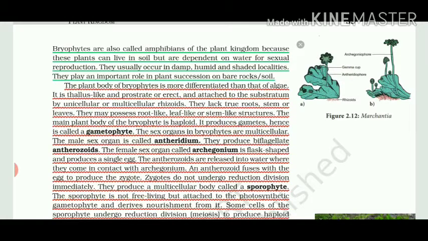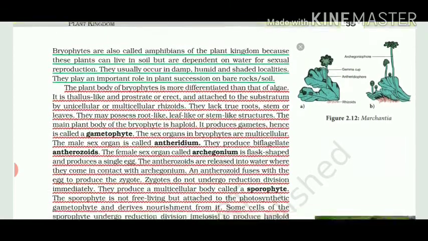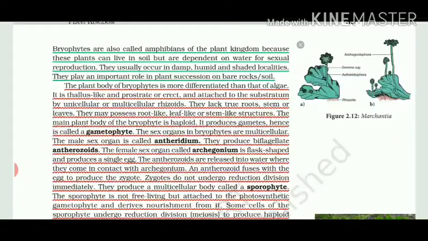As in the previous lecture also, I have told you about different cell divisions, mitosis and meiosis. Haploid means single set of chromosomes. Diploid means double set of chromosomes, pair of chromosomes. Human beings and almost every animal is diploid in nature. Then only sexual reproduction takes place. Both the parents give rise to their gametes, and when gametes fuse, zygote is formed. So zygote is always diploid, but the bryophyte plant body is always haploid. So this is very important. You have to learn that bryophyte body is haploid. It is only n.